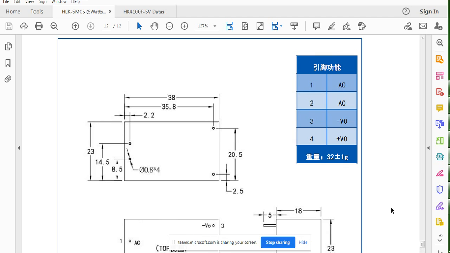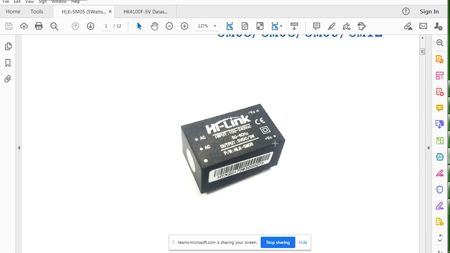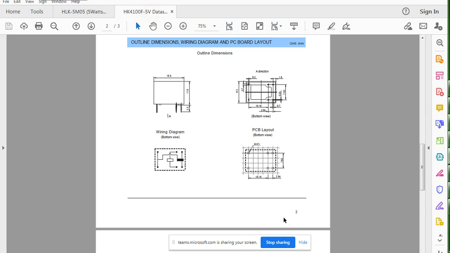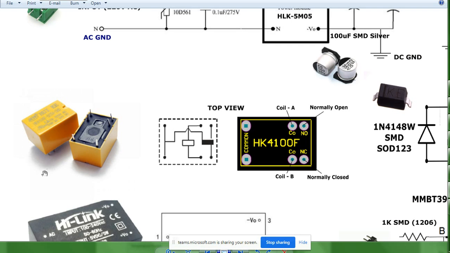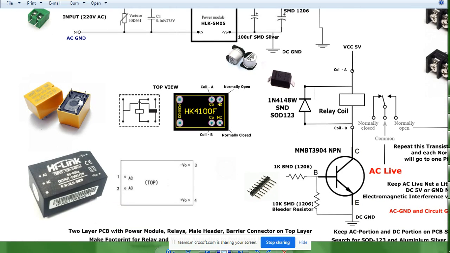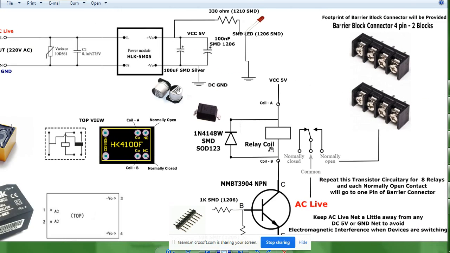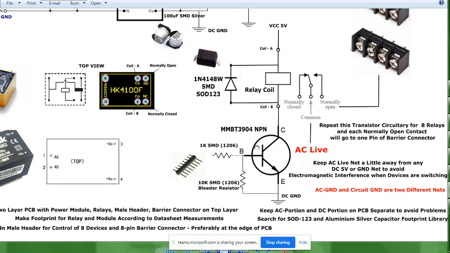So you have to actually design a PCB in which these 2 items are there. The first item is this power module, and the second item is this HK4100F. This is actually shown in black color, but I have it over here, at Hall Road you can get it. So you have to make the 2 footprints of these 2 devices, and then as far as the running is concerned, you are actually going to use the same